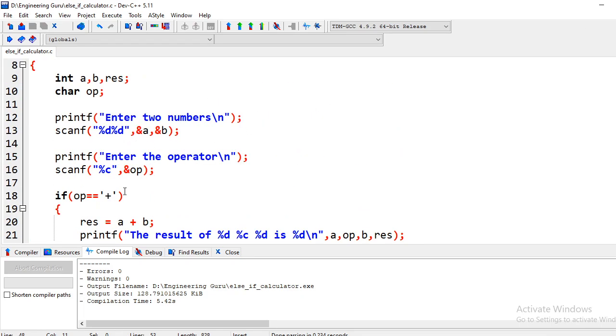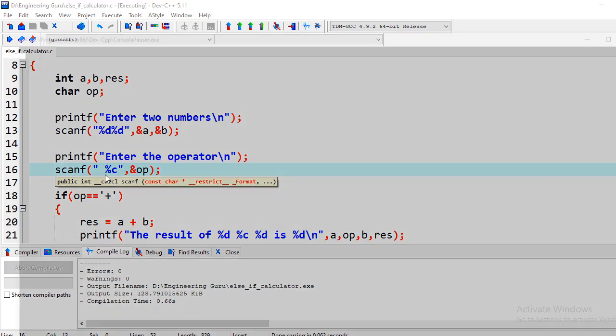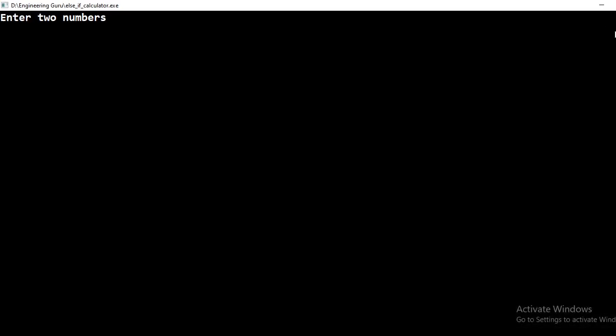For that we need to give a space here, which we saw when we discussed the character data type. Here we are taking two inputs, and after taking them we press enter. The compiler treats enter also as a character, so we are not able to give the character as input. Now we will compile it again and see the output. It is asking to enter two numbers, so we give 7 and 5. Now it is asking to enter the operator, and in place of the operator suppose we give